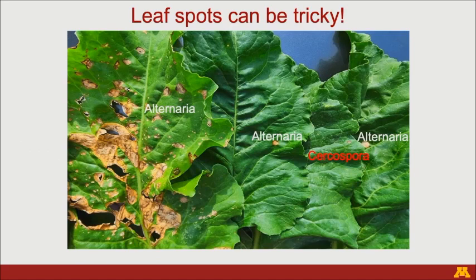So now I want to talk a little bit about the leaf spots, right? Cercospora, we know a lot about Cercospora, but I think we're seeing a little bit of other leaf spots in the last few years. But again, it's very low frequency, nothing to be concerned about, but something to think about when you see something, right? So Cercospora: very clear, reddish brown, more or less circular spots.